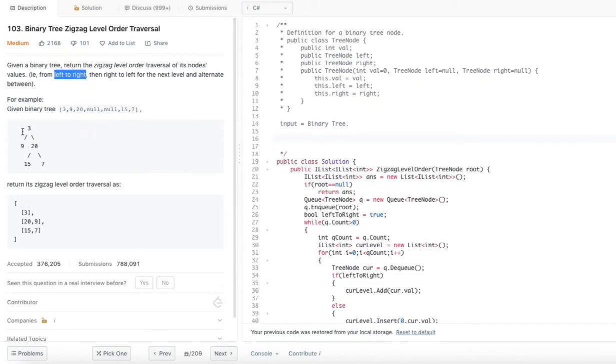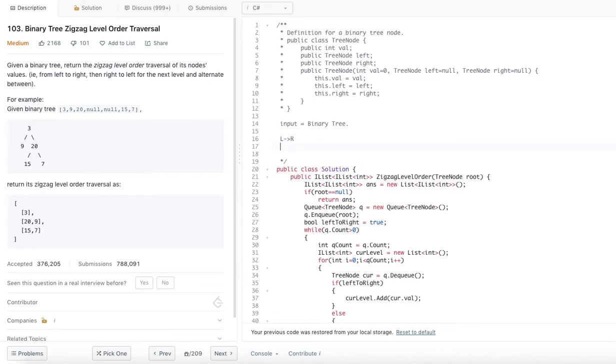Since it's a binary tree, we have just one root node, so it doesn't matter whether it is left to right or right to left. But to keep track of the direction, first we go left to right. So that means we have the root node that we took, that is 3.